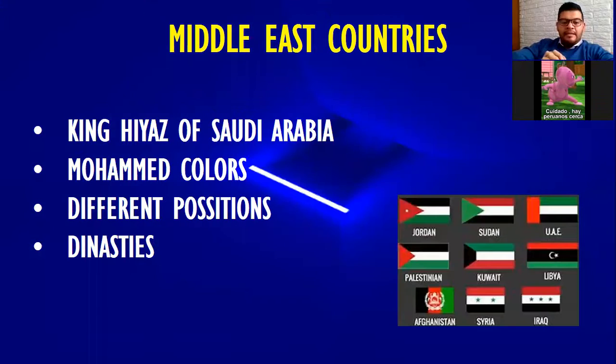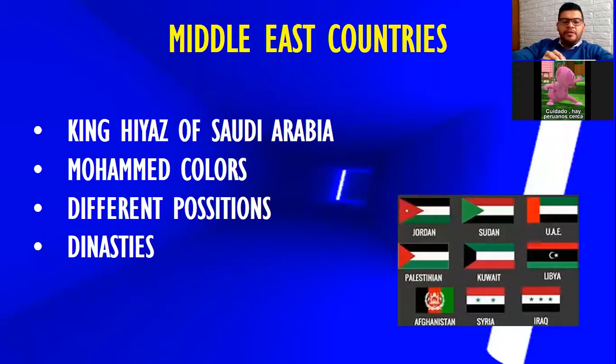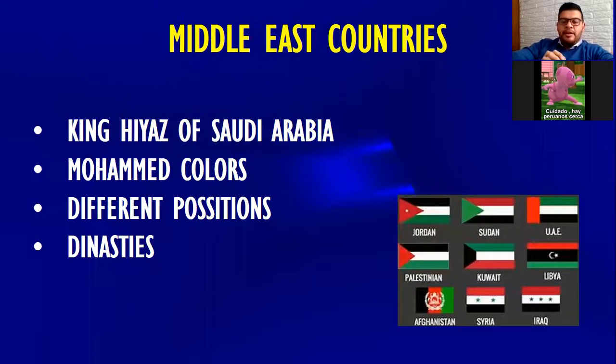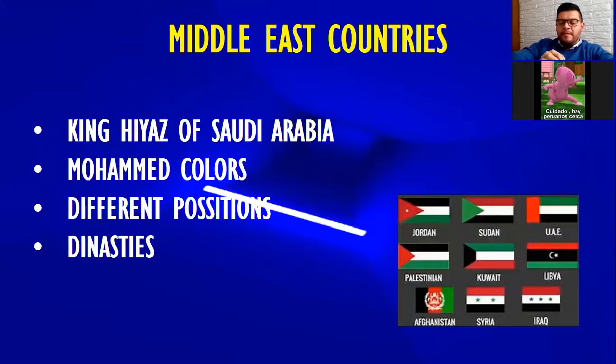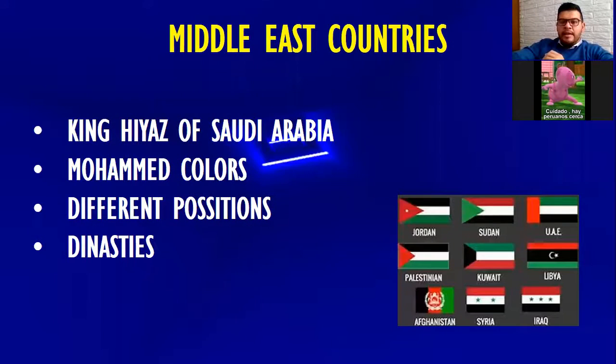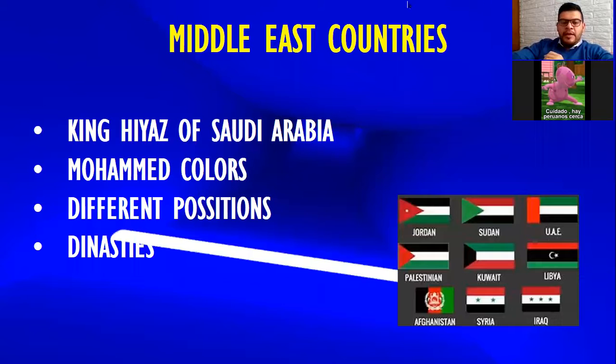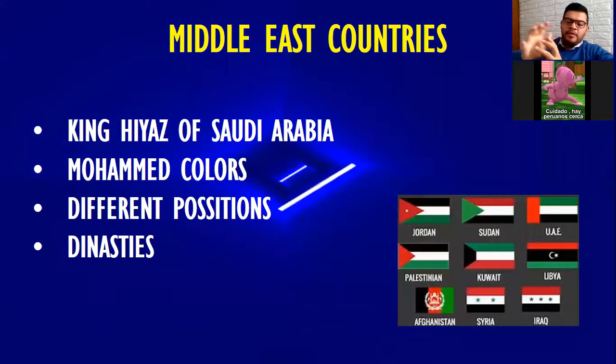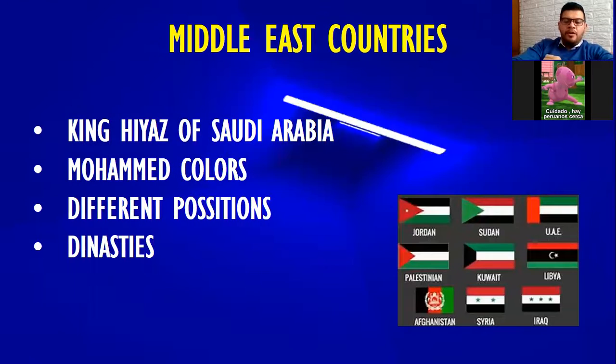And it is said that the black color is because of the first Islamic dynasties that were living in each one of the countries. So as you can see, sometimes they don't use the green color, but in all the flags that we are watching right now, they have the black color, and that's because of their dynasties that used to live first in these territories when they started to become countries.